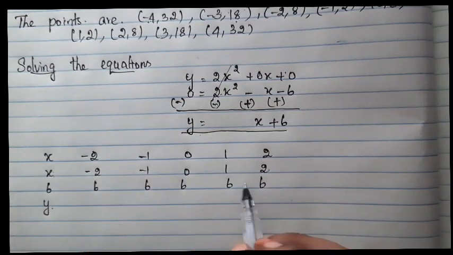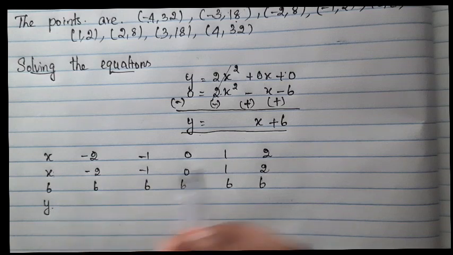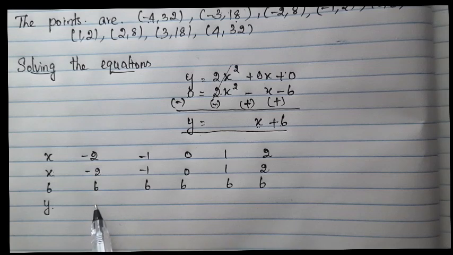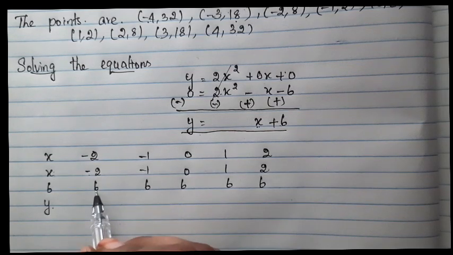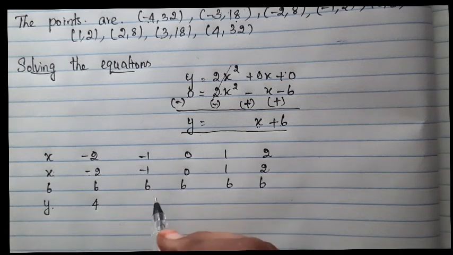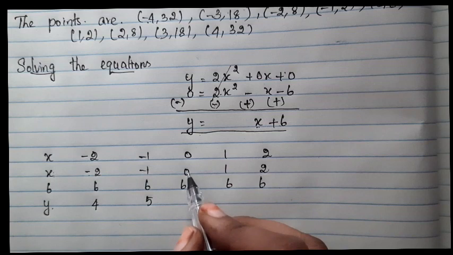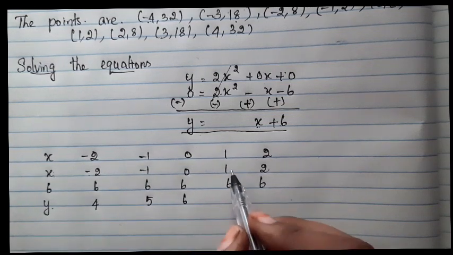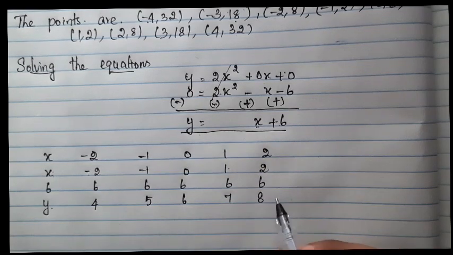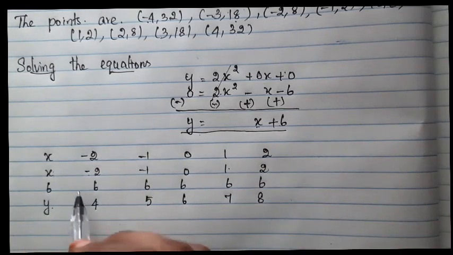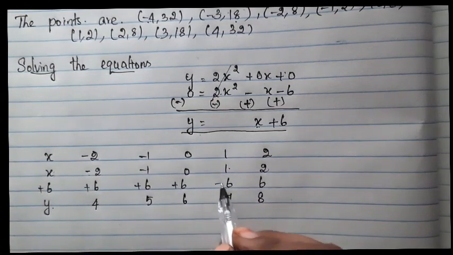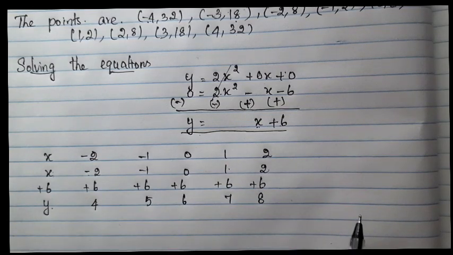There is plus 6. Next y. You know that y comes from solving x and 6. So you have to solve these two. Write the answer here. So minus 2 plus 6, you will get 4. Then minus 1 plus 6, you will get 5. 0 plus 6, 6. Then 1 plus 6, 7. Then 2 plus 6, 8. If you have any doubts, you can write it with the symbol. It is plus 6 now. Plus 6 you can write. That's your wish. If there is simply 6, there is no problem.